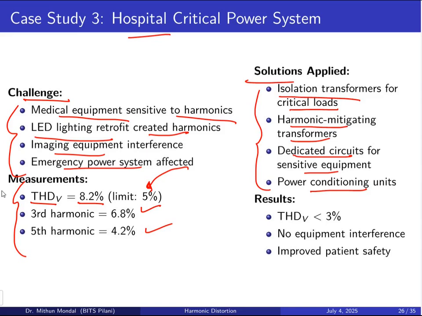So these are some of the equipment in the form of an isolation transformer or the harmonic mitigation transformer, some circuits which are dedicated to sensitive equipment, and the conditioning units. So if we do it, what has happened as a result, if you see it, the limit was 5% for the THD. So the THD has been brought down from 8.2% to less than 3%, and no equipment interference is now present, and improved patient safety was accomplished. So yes, case study 3 also shows that if you take proper measures, obviously the harmonics will be brought down